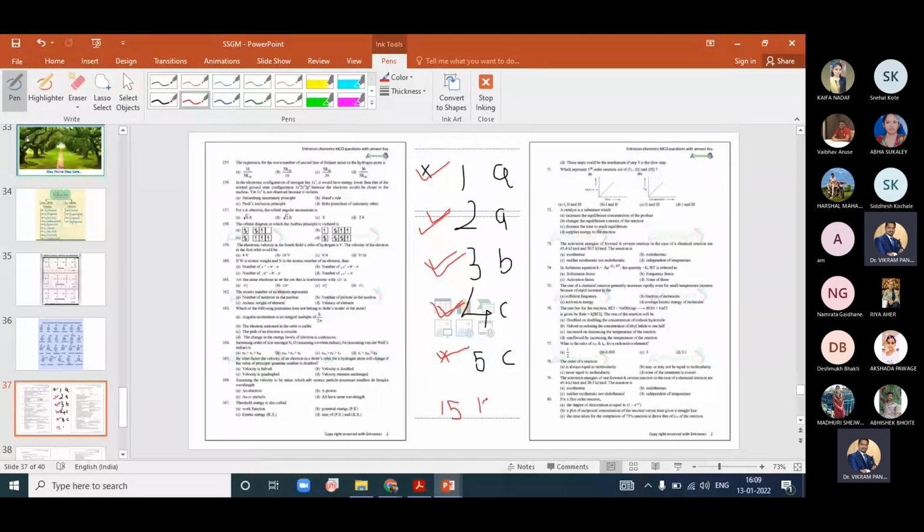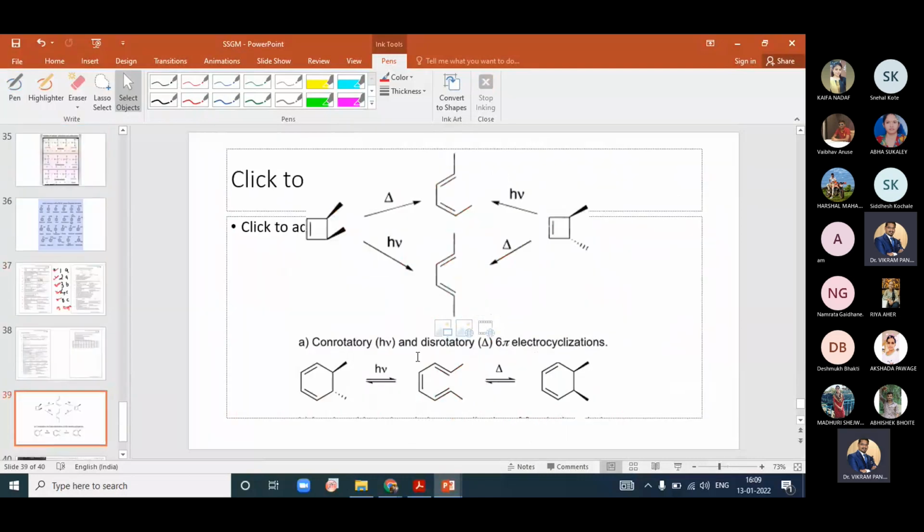Now 13 is the date. If our exam is on the 29th, if the GATE/NET exam is at the end of this month, you have to start after 2 days. After 2 days you have to start solving such types of questions. Okay, so this is very important.